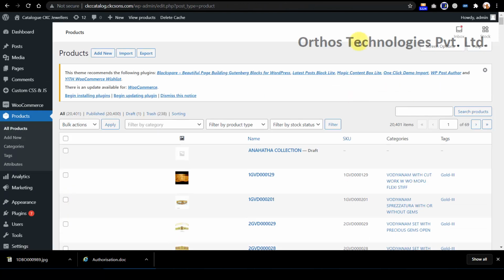And now we'll go on to add products in a bulk way, so that more products are added at a time into different categories by using this import method here. Now we'll start with the import and export process.